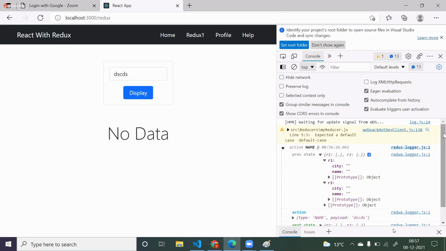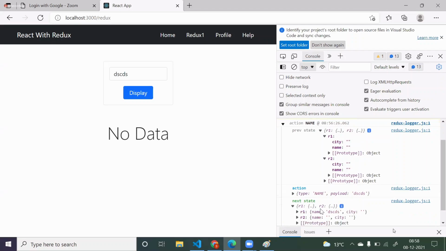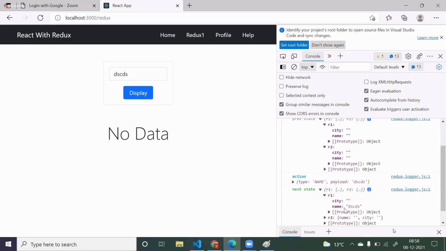Then you performed some action. Performing an action is nothing but you called dispatch. Then after performing the action, you passed the data to that reducer. Whenever the reducer got new data, Redux will understand. Then Redux took the new data and updated it. So it updated in R1. If you see in the name, here you got DSCDs.